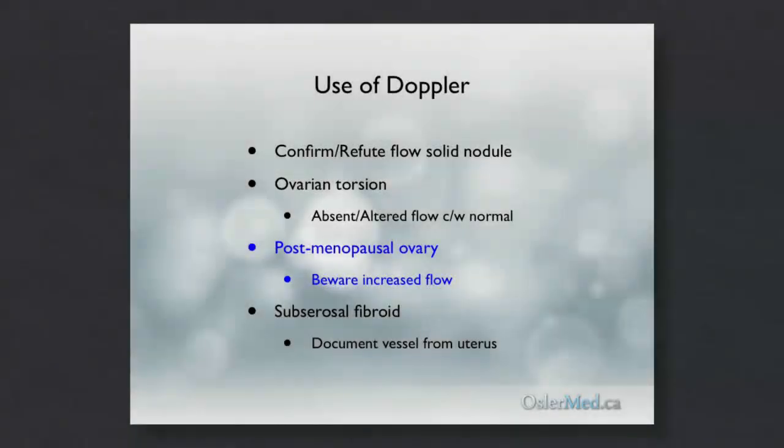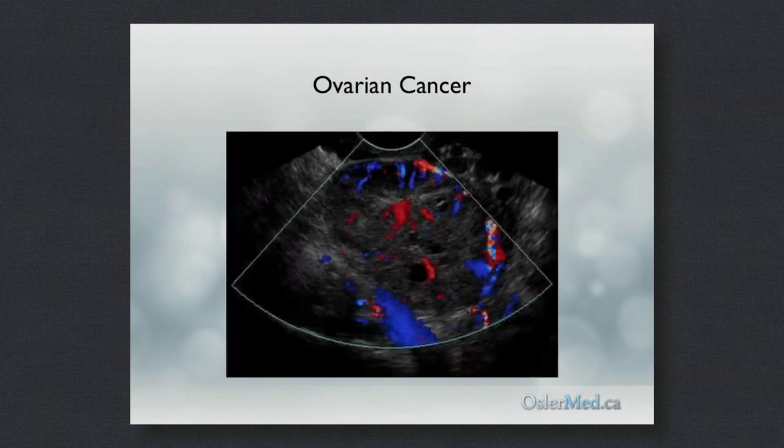Another good use of Doppler is in the postmenopausal patient if there is increased blood flow in the ovary. Usually in postmenopausal patients, the ovaries will be small and relatively avascular, but in this particular postmenopausal patient, there was quite a lot of flow in this mildly enlarged heterogeneous ovary, and this ovary was subsequently shown to contain